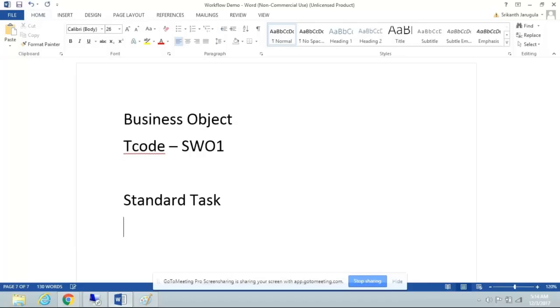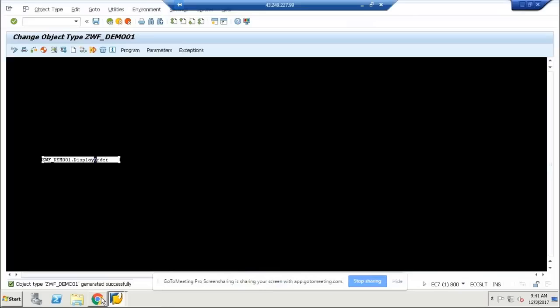The code for this is PFTC. PFTC is the T code where we'll create a standard task and workflow template for all. We will use the same T code, PFTC. I'll show you now. Okay, so now we have done